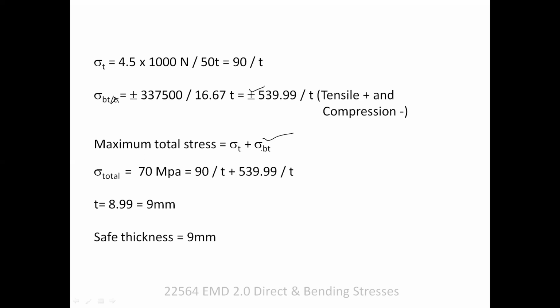This way, we can solve the problem of direct plus bending. Tomorrow we'll go for one more problem on direct and bending, because definitely there is a question on offset link in our exam. In that you'll find that we have to find the dimensions of that particular bracket or offset links. So this is about the revision of direct and bending. By considering this concept, we'll go into detail in our next lectures. Okay, thank you very much.